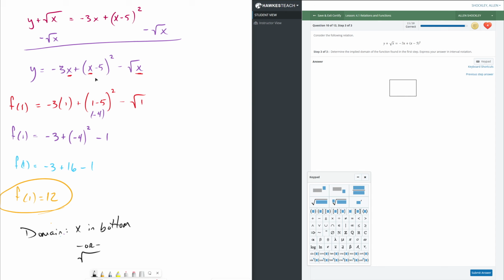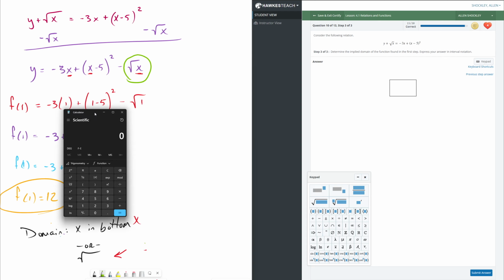When we look, we don't have a bottom, so I'm not worried about this one at all. But we do have a radical. And because we have a radical, we need to take into consideration that not all numbers work. So if we pull this calculator up,